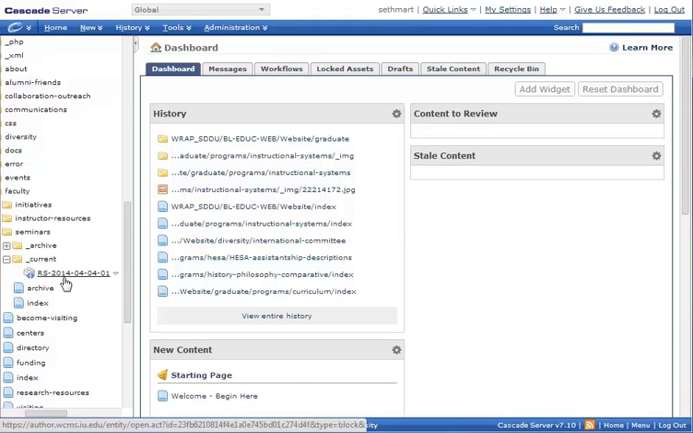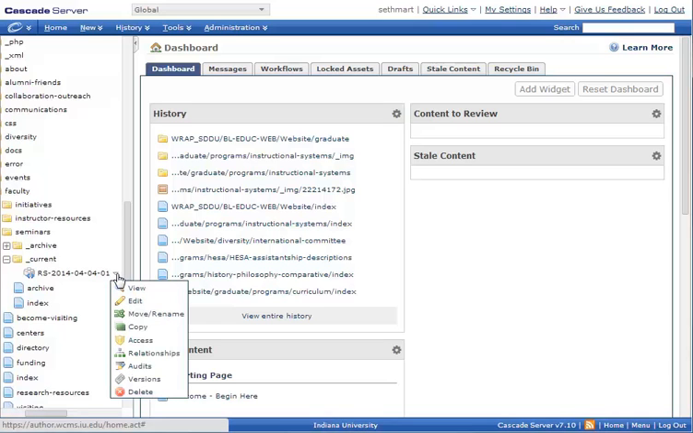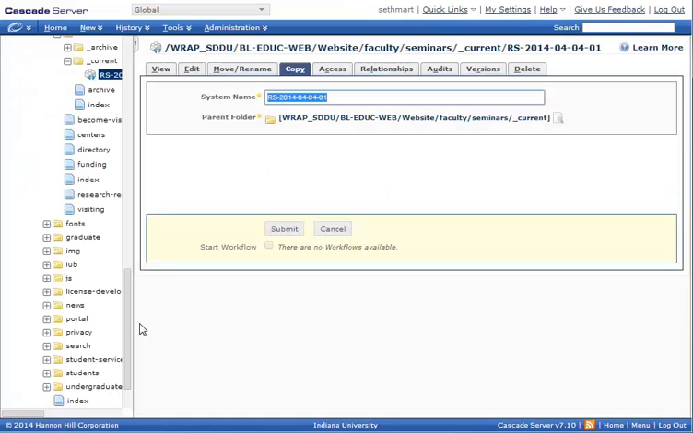We select it, or roll over the triangle next to it, I should say, and what we want to do is copy it. So select copy, and then what you're going to do is give the new seminar the name. So we're going to name this,